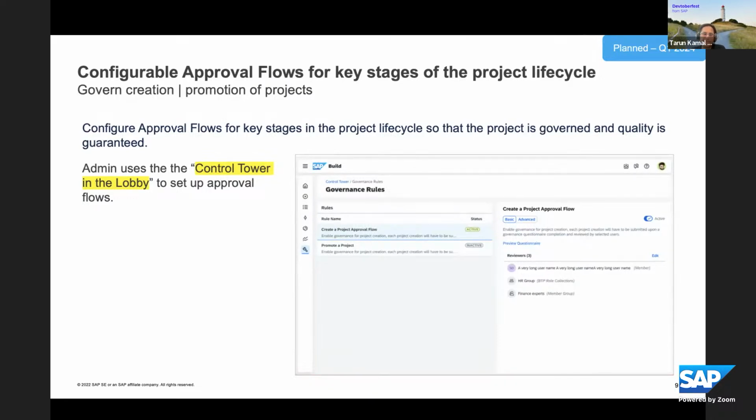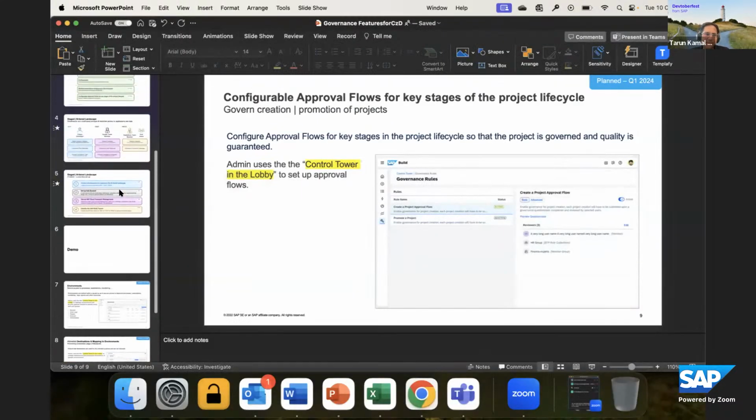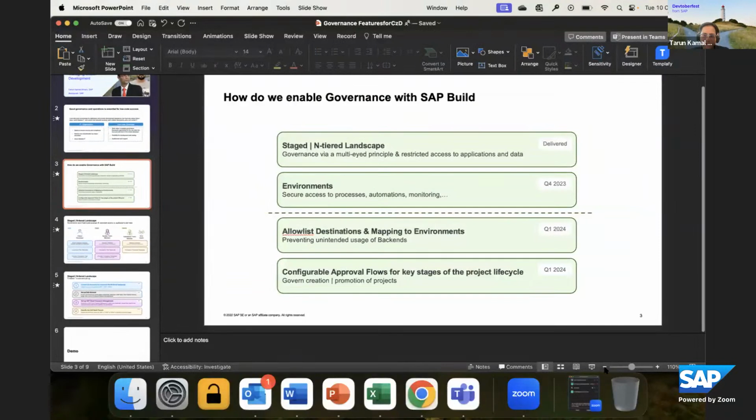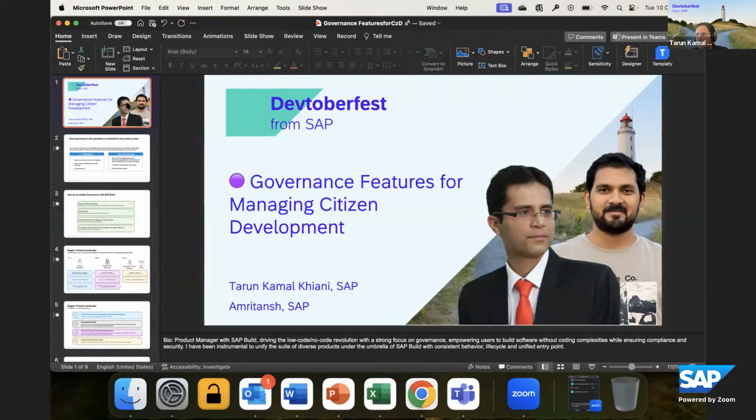And we have a few stages which are covered today, as we depicted. There are other areas that we will continue to work on, and we'll keep you updated on how we progress. So with this, I've come to the end of what we wanted to share today. I hope you got a sense of where we are and where we want to be. We're open to anything that you might want to know and learn. Thanks for being with us today.